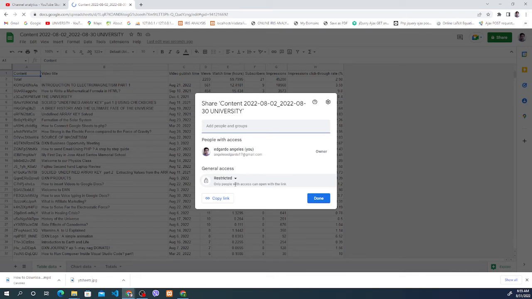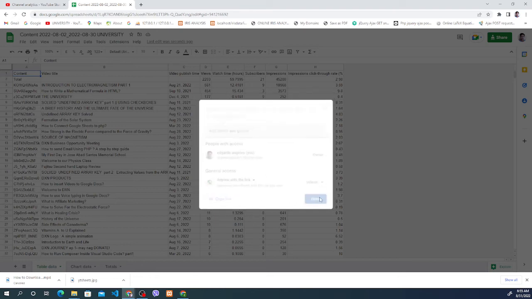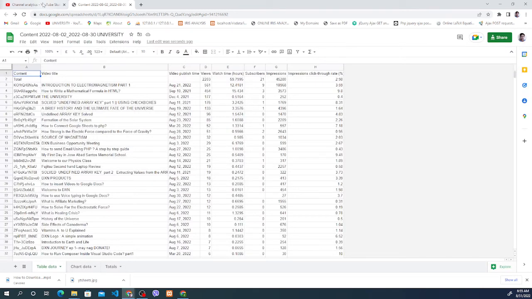So the setup is restricted, but you can actually modify it to those who has the link. So anyone with the link can view your file. So you can copy the link and send it to the person that you want to have access or to view your statistics. So okay guys, that's how we transfer our stat sheet or YouTube stat sheet into a Google